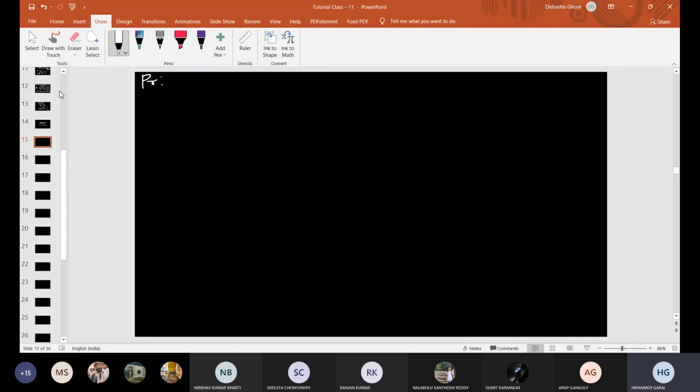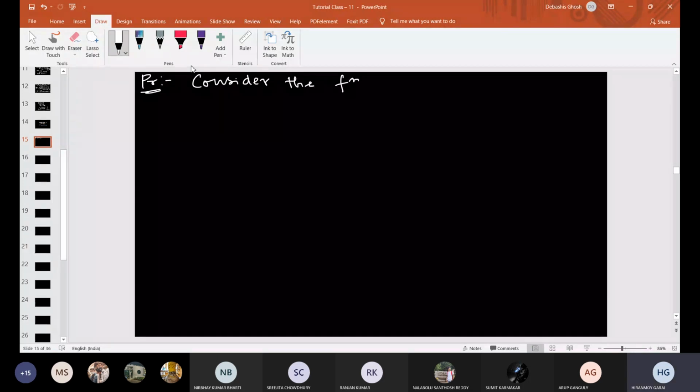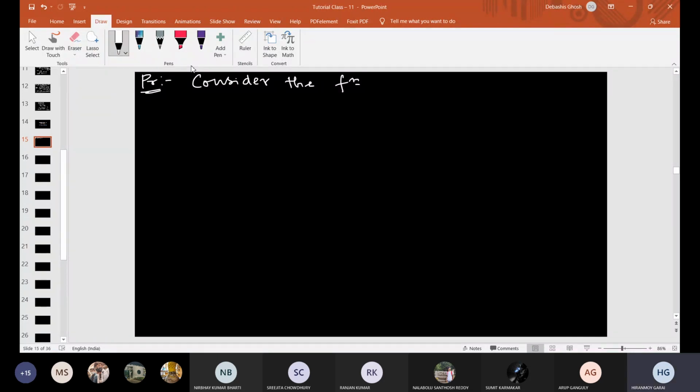So the problem is: consider the function g of